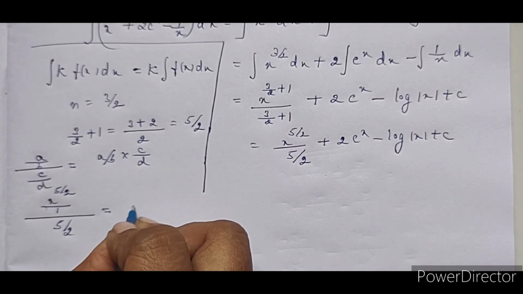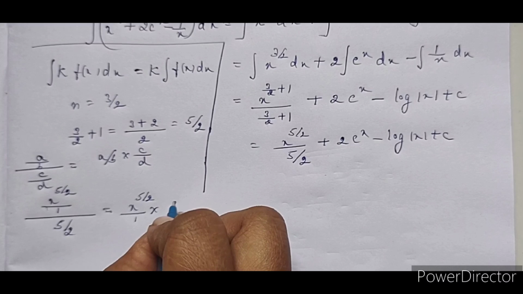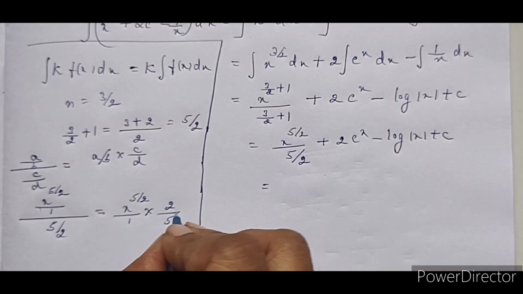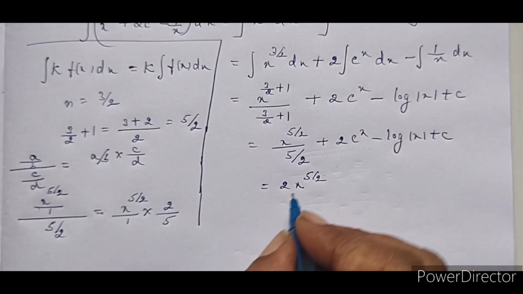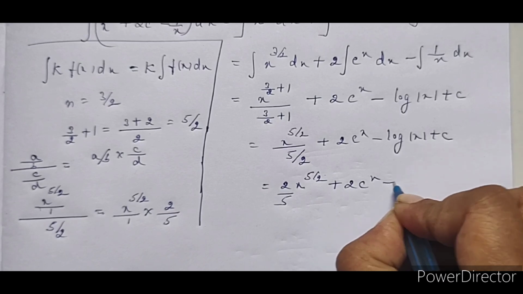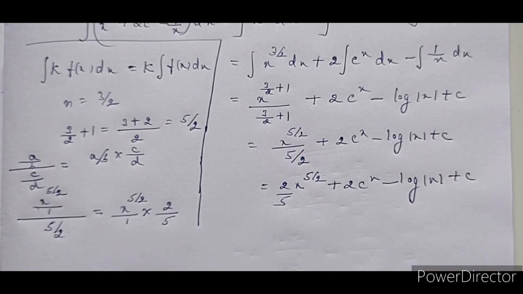According to the rule, it is x to the power of 5 by 2 by 1 into 2 by 5. So it is nothing but 2 into x to the power of 5 by 2 divided by 5, plus 2 into e to the power of x minus log x plus the constant of integration